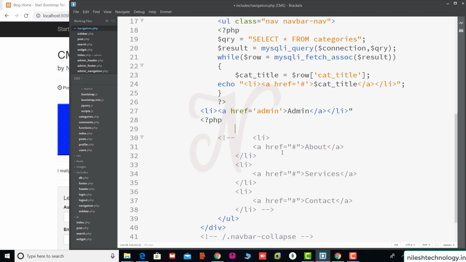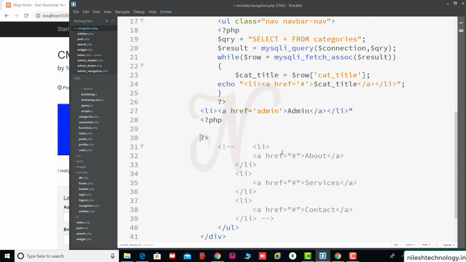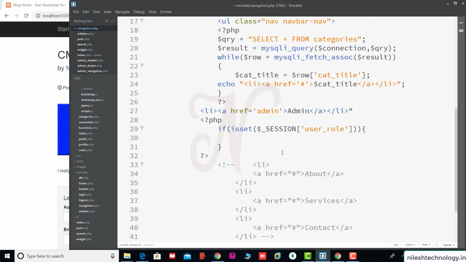So here we check if isset session. So here we check the user role. If your user role is set, then you are in if. Okay, again here we check if you have the post id in URL.